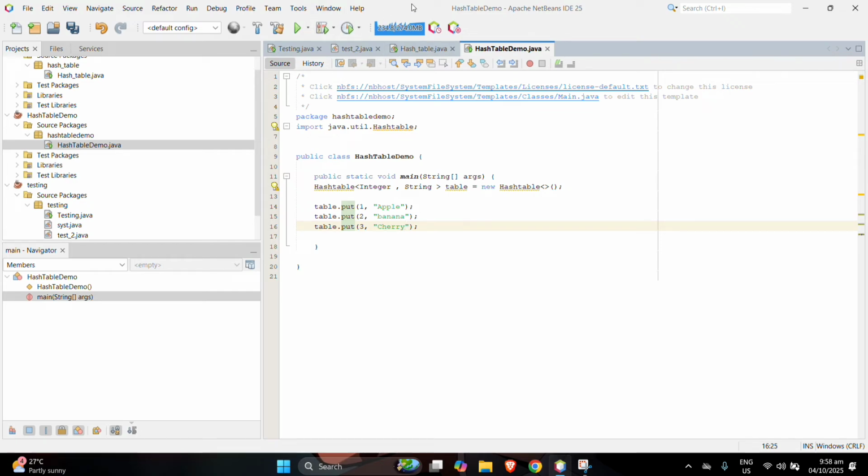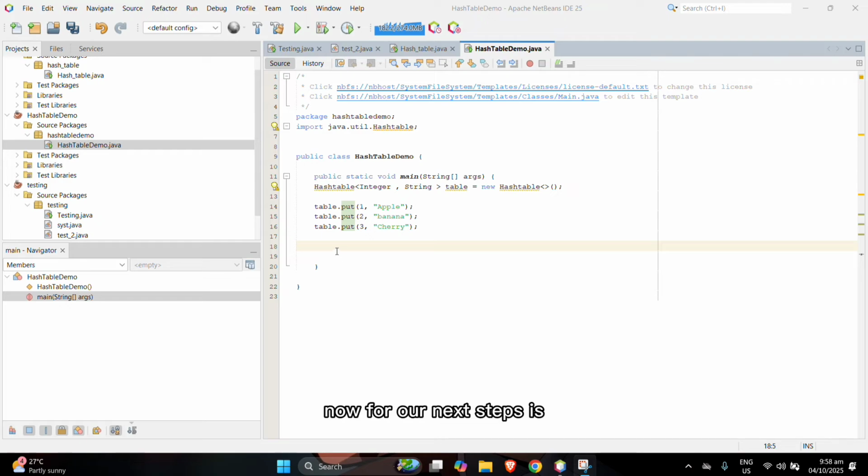Now, for our next step, if we want to display the hash table, we're just going to use System.out.println, then "My hash table", plus we're going to call our table.